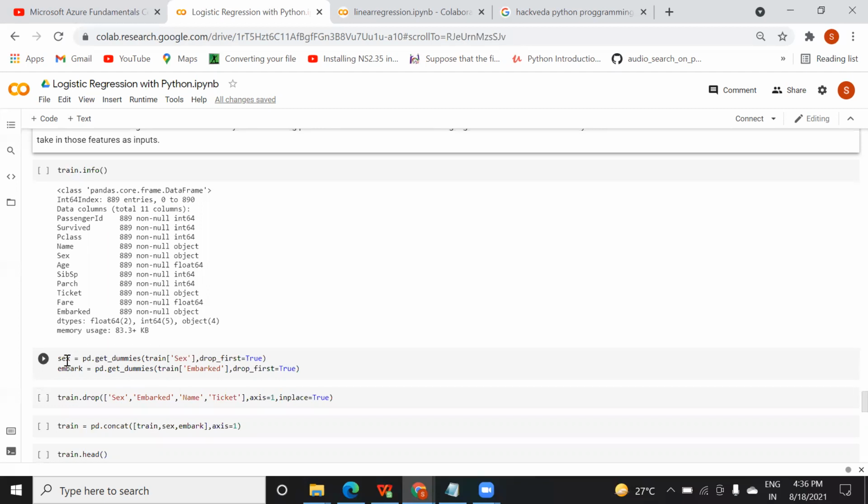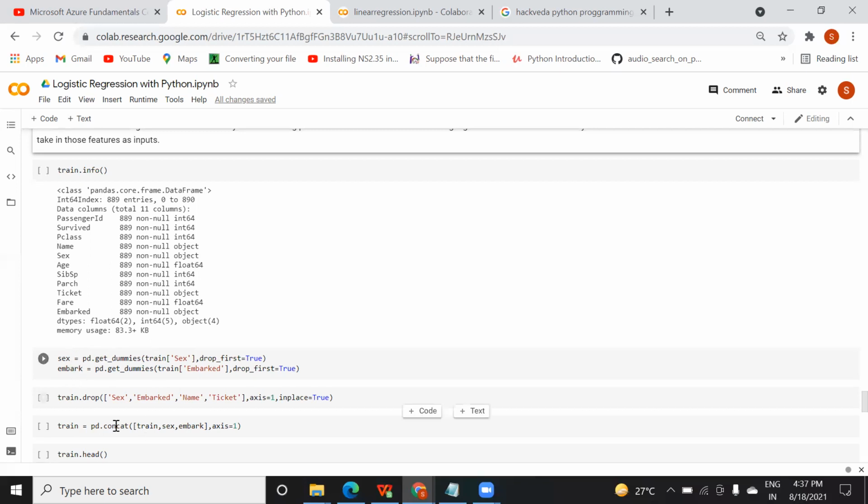Similarly, sex, meaning gender, also has categorical data, right? So you can use 0 for female and 1 for male. You need to use the get_dummies function. Remember, this is a most important function. They might ask you why we use the get_dummies function. You should be able to answer that. The get_dummies function is used to convert a categorical column into numeric values. Why do we use that? So that your model can easily understand the numeric values, and it is good for model preparation and for prediction. That's the reason I converted these two columns into numeric values.